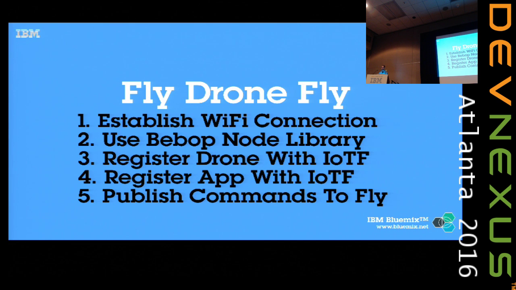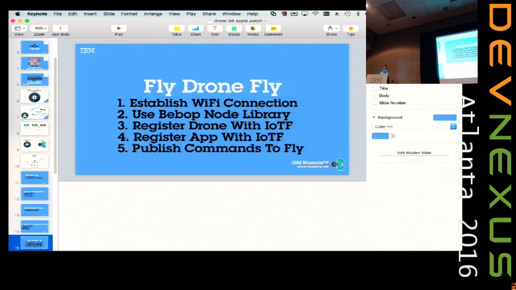We're going to use a Node library for this Bebop drone to control the drone. Using this Node library, you can tell the drone to do things like take off and land or take a picture and stuff like that. Then we'll register the drone with the IBM IoT Foundation. We'll create an application and register that with the IoT Foundation. And then we'll publish a command to tell the drone to fly. And we'll see that happen in multiple different ways. So with that, I think I will jump into demo